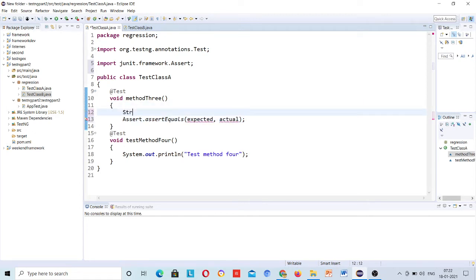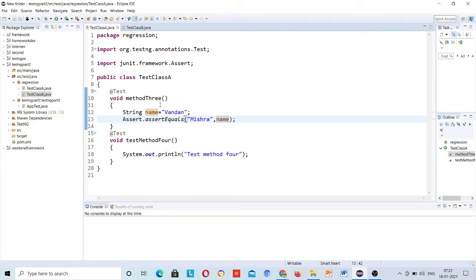Suppose my actual string is name equal to Vandan, and the expected string is name. Suppose you are expecting Misra, but here the actual is Vandan. Will this match? No. What error will it throw? That it was expecting Misra but found Vandan.